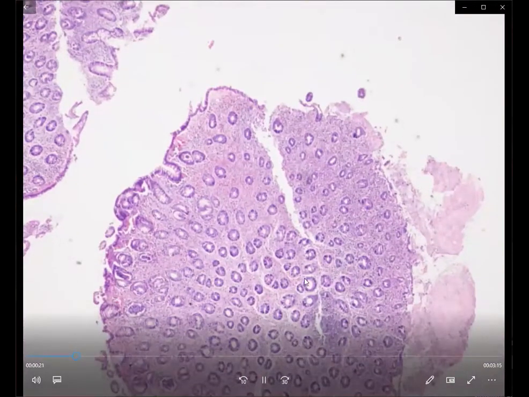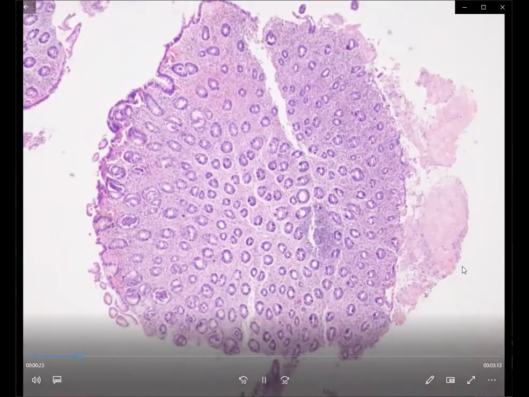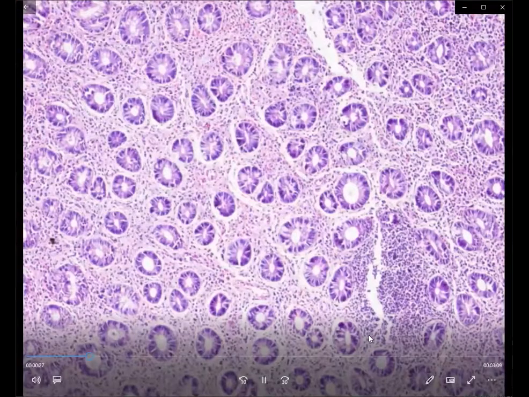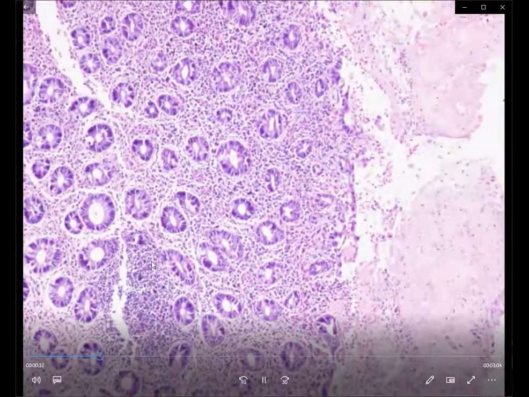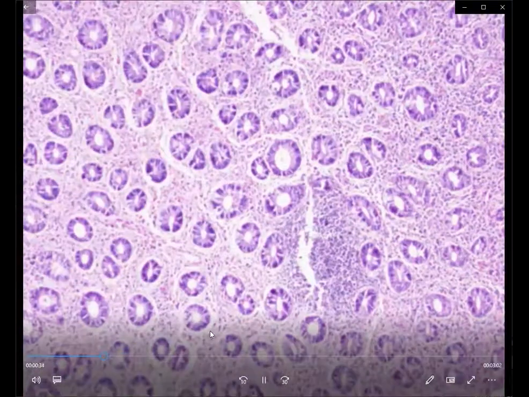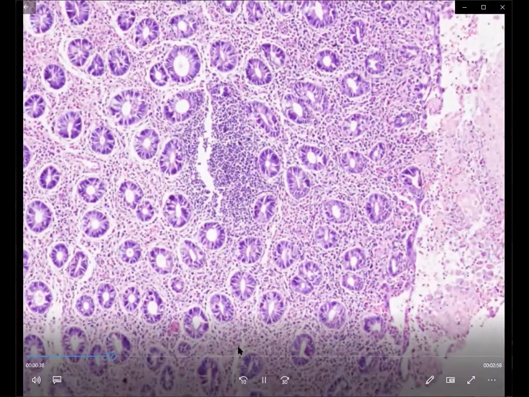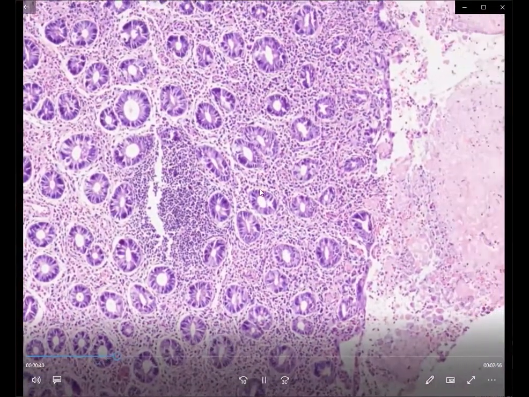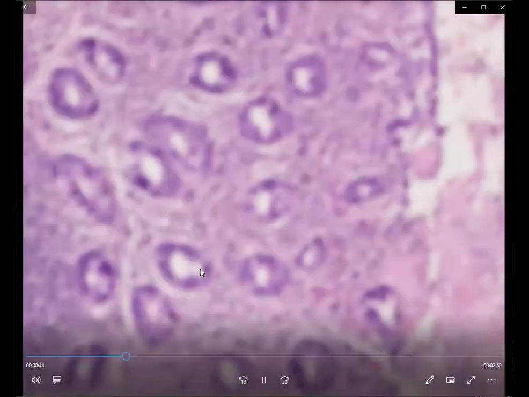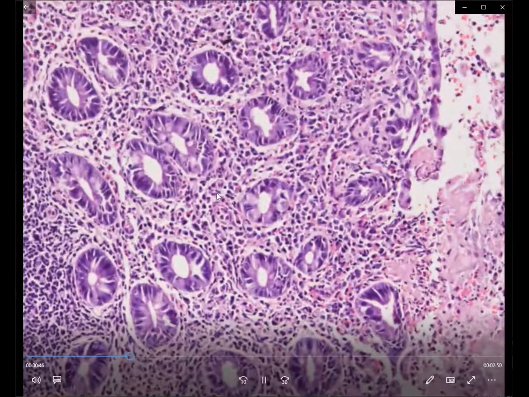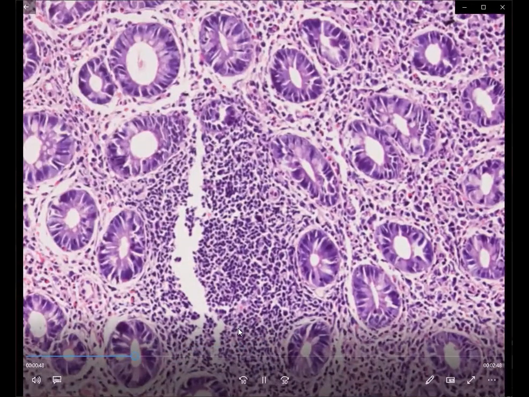Now, once we know that the colonic biopsy is showing an ulcerated area, the next thing that we are going to look for is in the lamina propria. How much are the lamina propria inflammatory cells increased? Whether there is a significant increase, a moderate expansion or a severe expansion. A little amount of lymphoplasmacytic cells is normally present within the lamina propria. But here in this case, we see at least a moderate increase in the lymphoplasmacytic cells.